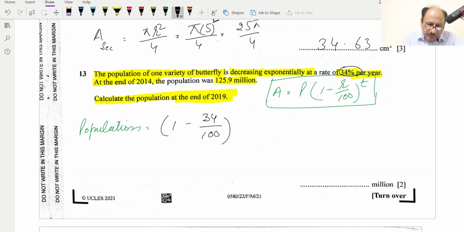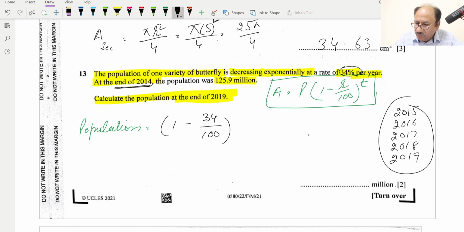So after the end of 2014, so 2015, 2016, 2017, 2018, and end of 2019. So these 5 years will be included. So we'll write here 5, and this one will be equal to what? This will be equal to